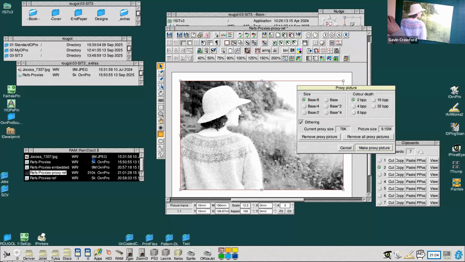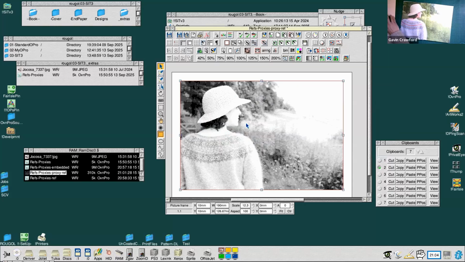So there is a bit of an overhead on printing time and obviously disk activity. So it's probably not something you want to be doing on an SD card based system just for speed, but also, obviously, the life of your SD card is going to suffer. But it does allow